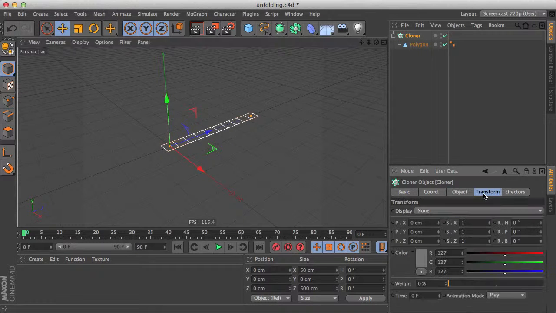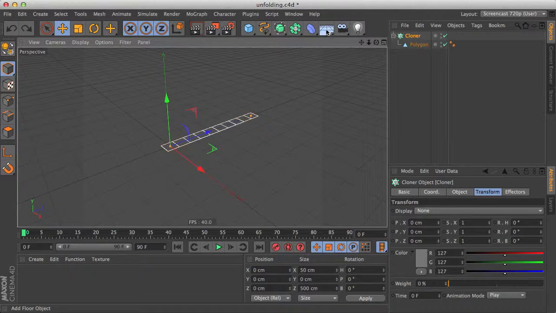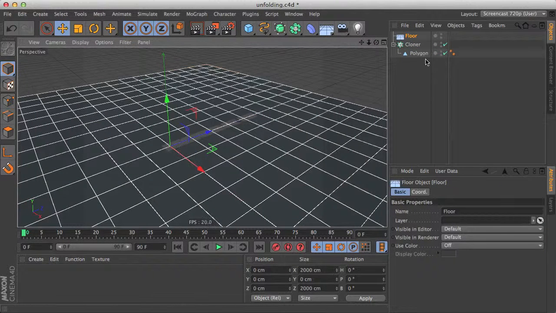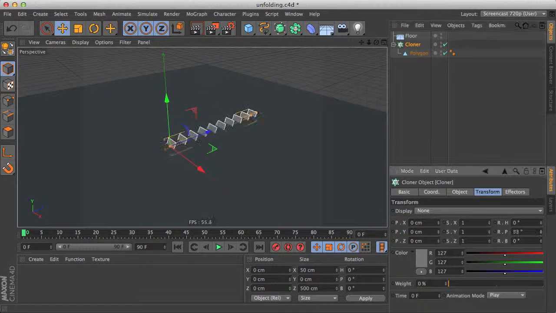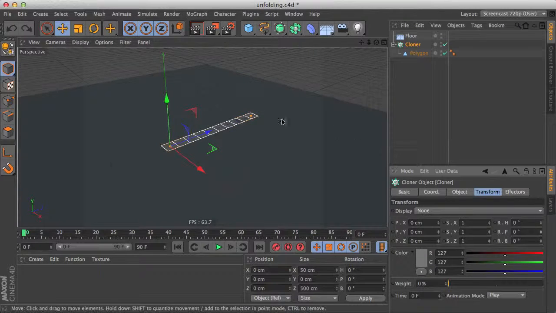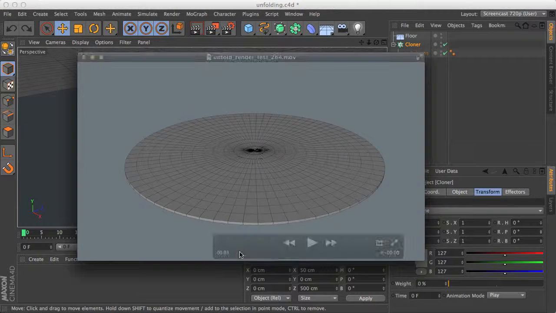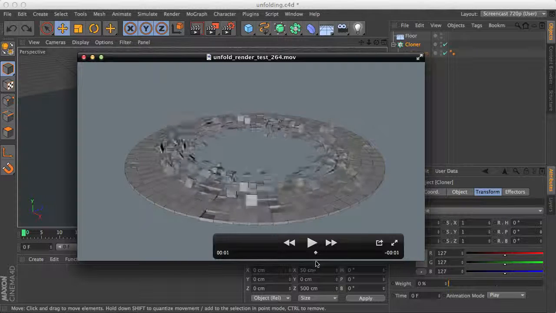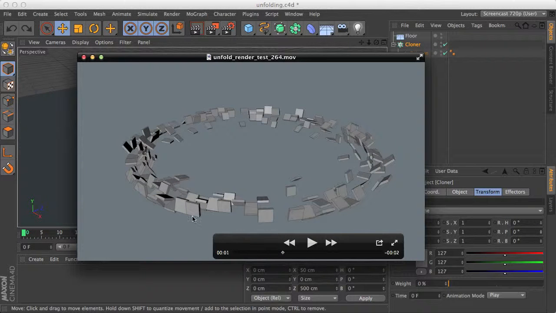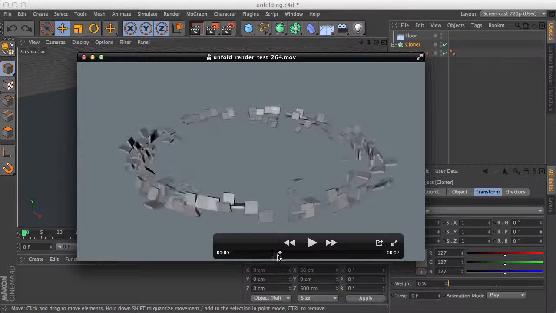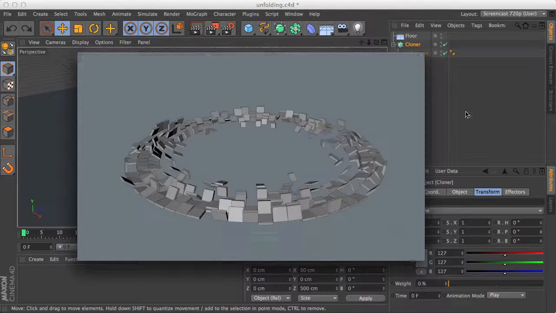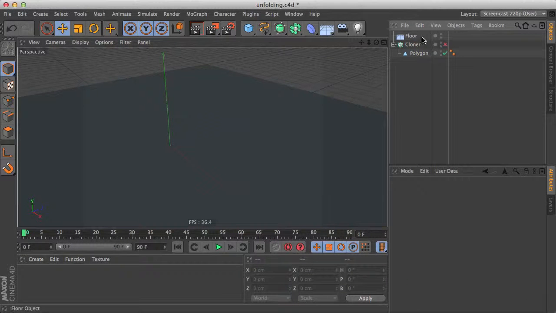And a problem that we'll soon realize is that if we try to rotate it, the polygons rotate from their center. Now this will not help us a lot for the unfolding. If we have a floor, we can see, let's select the cloner again, that they're going through the floor. And in fact, if I bring the video here and let's observe their pivot point, let's see this polygon over here, their pivot point is at the edge of the object. So let's go back and disable our cloner and hide the floor,